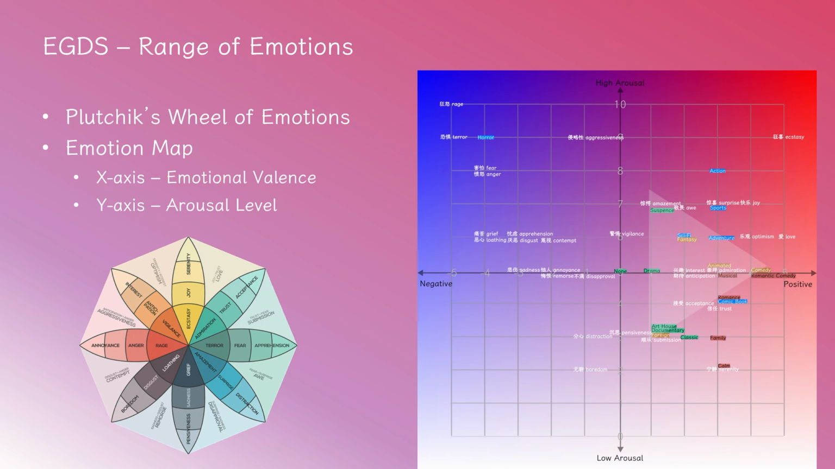So based on that, I try to create an emotional map. The x-axis is the emotional valence. For example, if it's negative, we say minus is negative. If it's a positive value, it means positive emotions. And the y-axis is the arousal level, which means, for example, if the arousal level is 0, you could